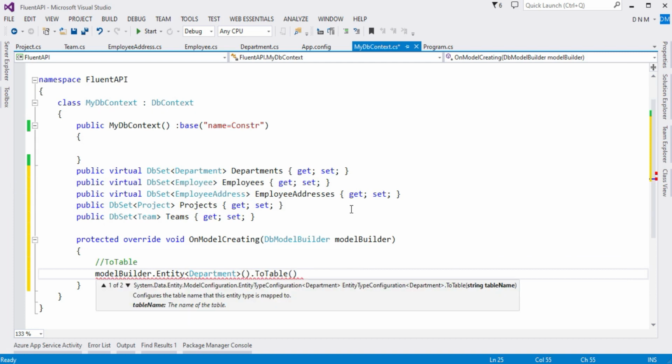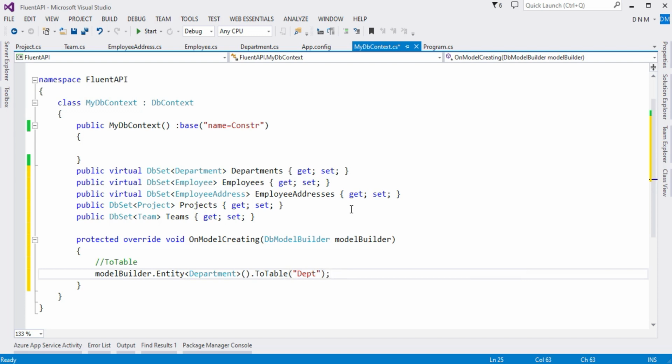Now here you have to specify the table name that is going to be used in SQL Server. So it is of type string, so I'm going to call this table in SQL Server as DEPT. That's it. Okay, so the ToTable method is used to configure the table name or to set the table name in SQL Server.